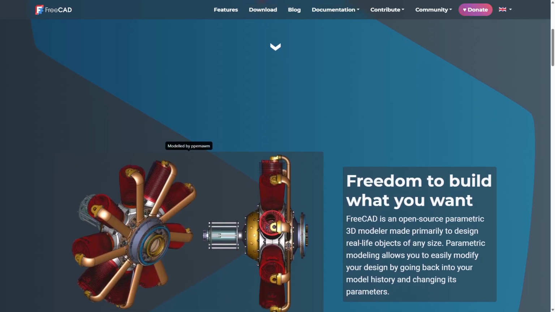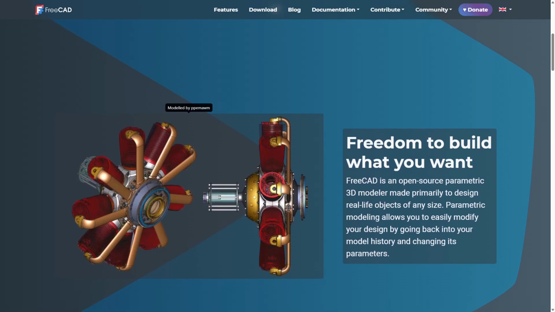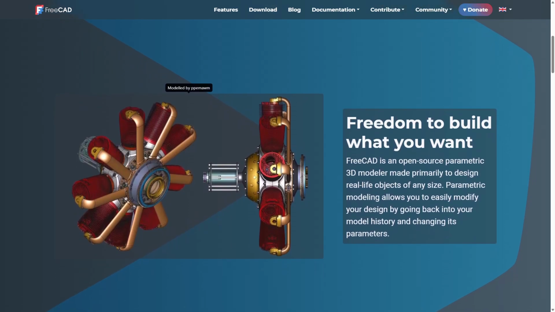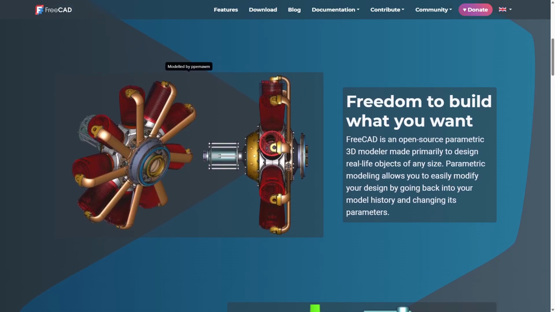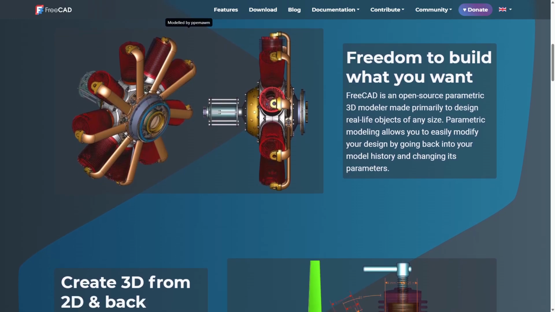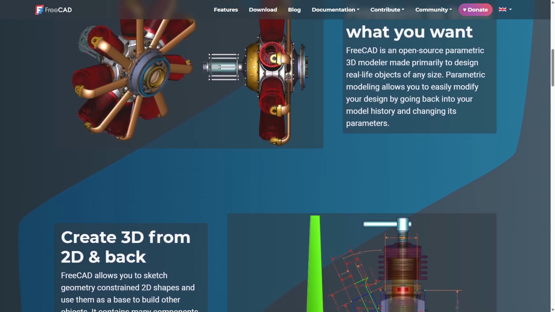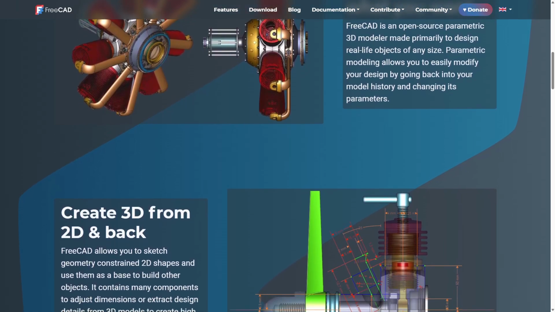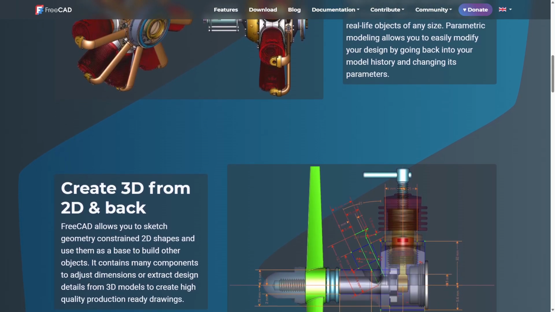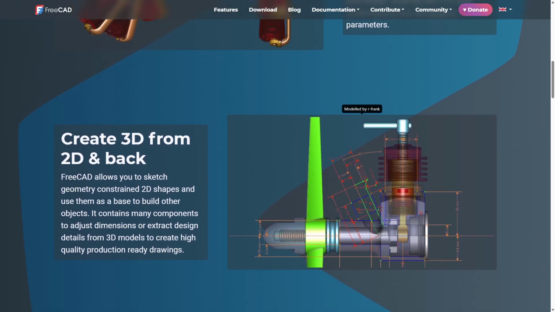However, it has limitations. The user interface can feel less polished, and it lacks the advanced BIM features found in commercial tools. FreeCAD is ideal for hobbyists, students, and professionals who need customizable CAD software without licensing fees and are comfortable with a steeper learning curve. It excels in projects where parametric modeling and open formats are priorities, but it may not fit large-scale architectural workflows